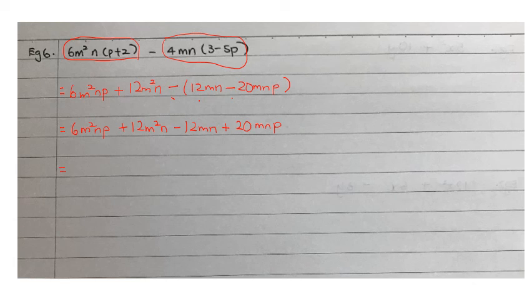Next step, any terms to combine? No. So let's see what factors we can take out of each term. 2mn. So we are going to next divide each term by 2mn, and we will be left with